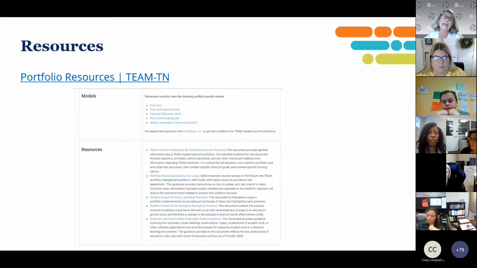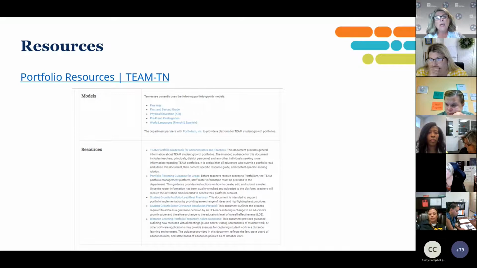I'm really excited about our resources. I am constantly monitoring the team website and making sure that our resources are up to date and that we are keeping you informed with things you need on the team website. When you go to the team website, you will find under the Growth tab a Portfolio Resources tab. At the end of this meeting today, I will push this PowerPoint out to you so you can have these